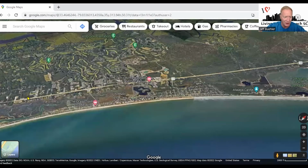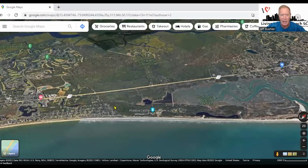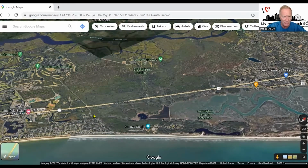And then going south here. And then what's really neat is, we have a lot of nature preserves, estuaries, that sort of thing. So here's Brook Green Gardens. And just look, this is all nature preserve that essentially buffers the Pawleys Island, Litchfield Beach area up into Myrtle's